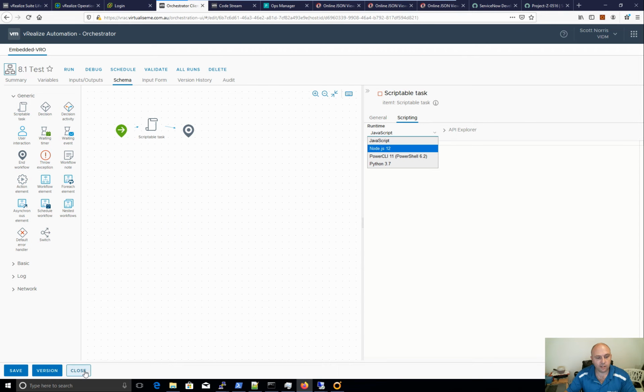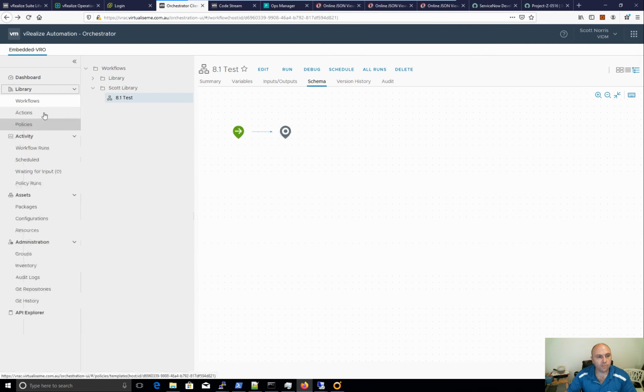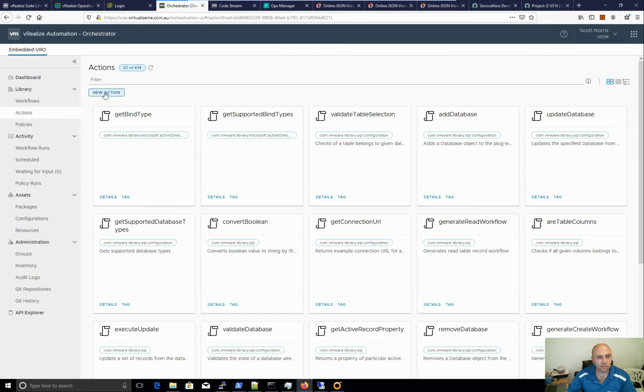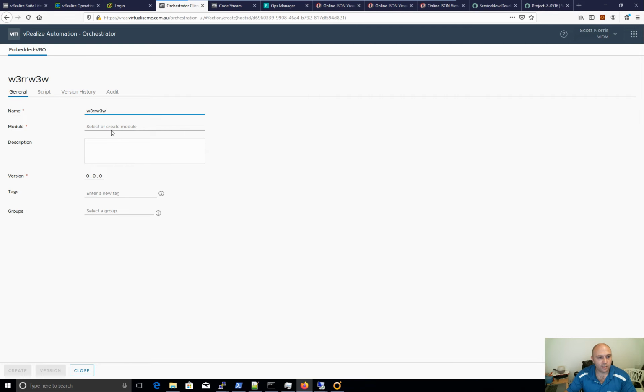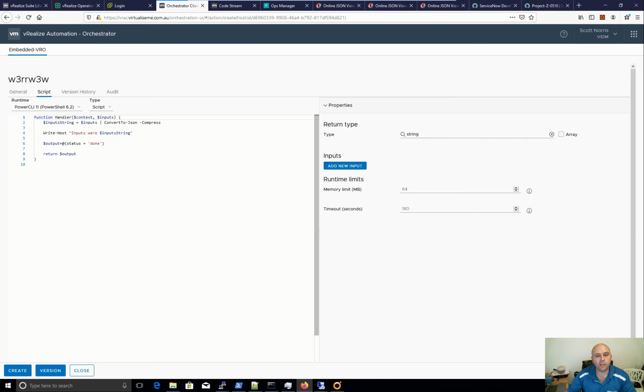If I just close that, it's actually within the actions as well. So if we have a look at our actions, I'll just choose a new one, doesn't really bother me. Choose a module, doesn't matter. Scripts, and again, I can choose the run times. So I can have PowerShell here as my scripts, and you can see it's the exact same syntax with the function handler to add in there. So this is awesome, right? I think out of all the changes, that having VRO run Python, Node.js, JavaScript, and PowerShell, as well as ABX run the same,